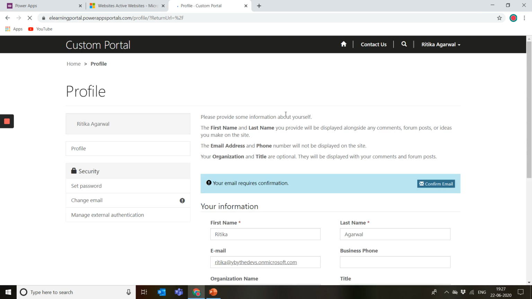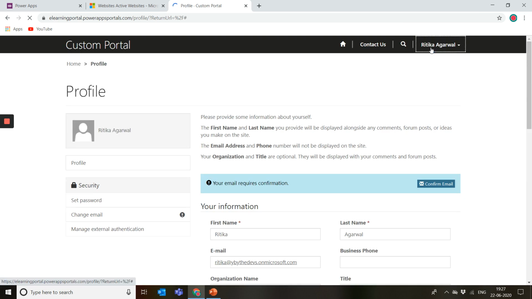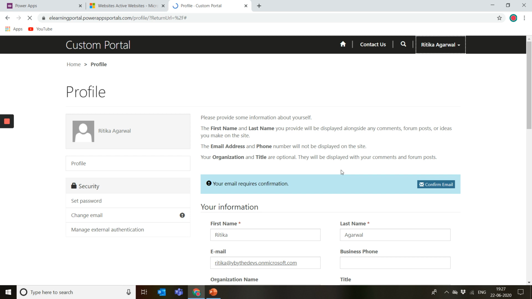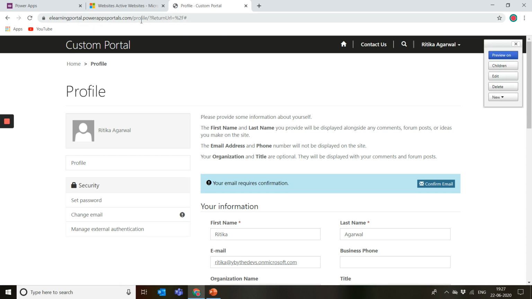If your login credentials are still valid and the session is still active, it's going to directly redirect you. Otherwise, it will ask you for a login. So let's wait for this to complete. Okay, so I am logged in as Ritika, and my credentials were cached, so no need to worry about things. An important thing again, let's take an example. You are still in development mode and you want to reflect your changes once you're done with those.